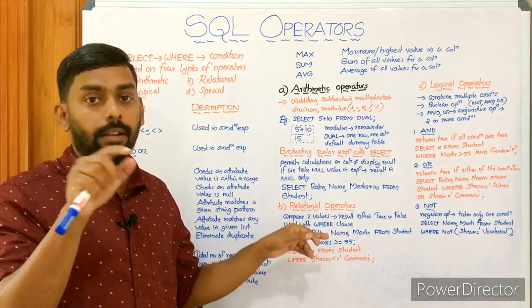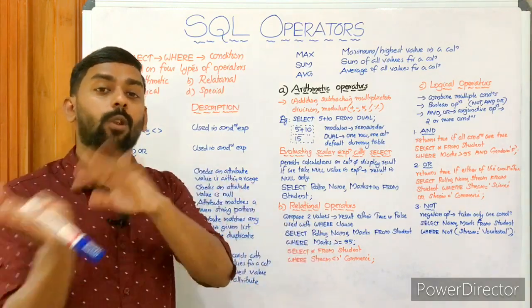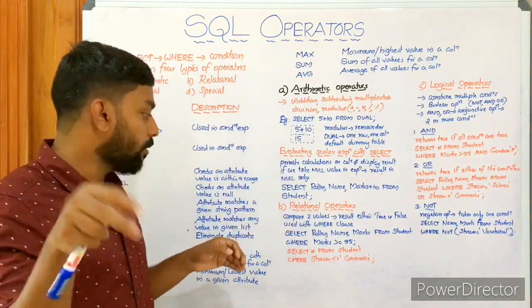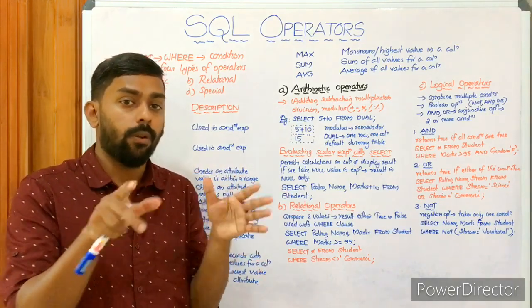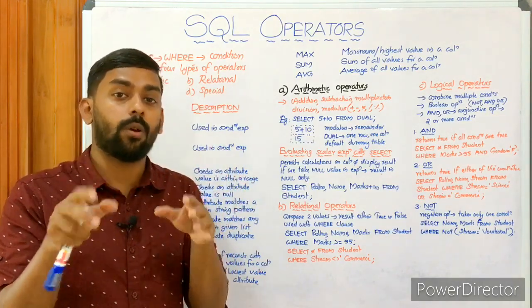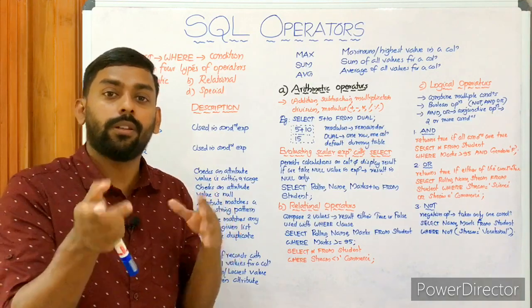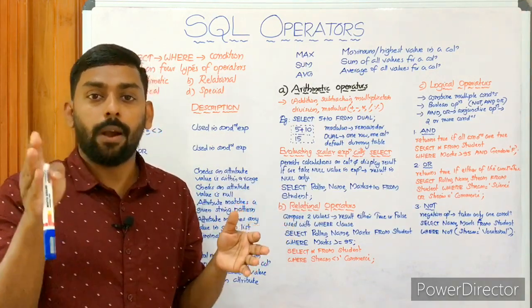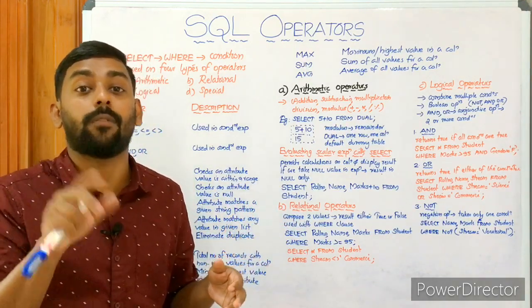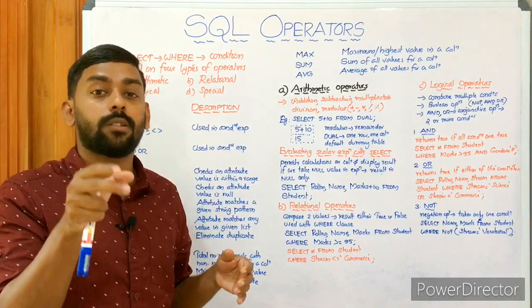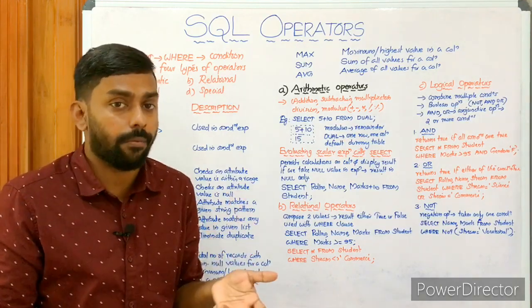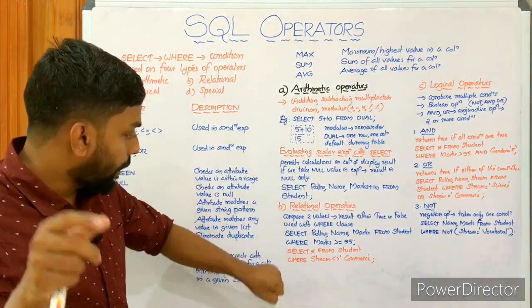Yes, greater than or equal to 95. Others will be discarded. For example, we have 30 students, and only 10 students got greater than or equal to 95. So in the resultant table with roll number, name, and marks, only 10 students' data will be there, because only 10 students got marks greater than or equal to 95. That's it.